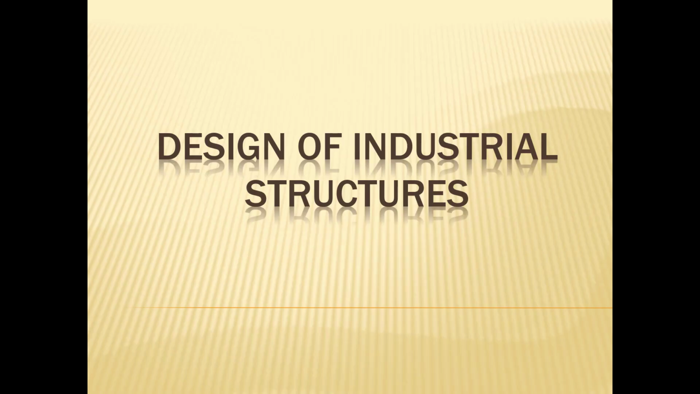Today we will discuss the design of industrial structures. So the industrial structures in general are the structures or buildings which are made for industrial purposes, which includes storing of various materials and for meeting necessary requirements, especially the functional requirements. Generally, the industrial structures are made by steel,